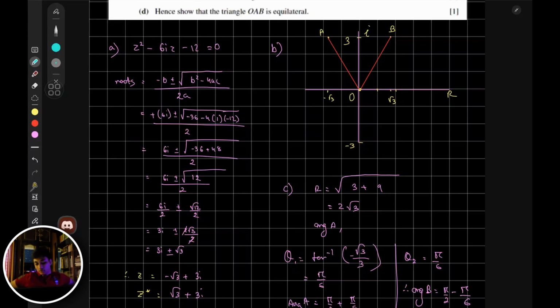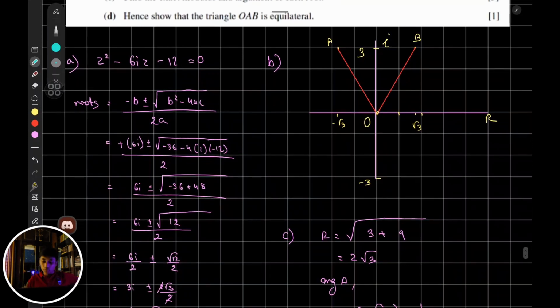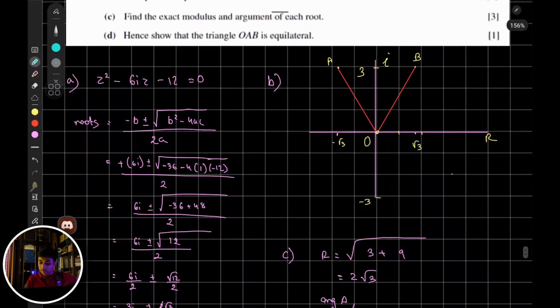First, let's find out the argument for A. So there are a few ways to do this. You can find out this part and then get the argument of B. Then the other way to do this is to find theta of A, this theta, and then add 90 degrees to find the argument of A. So if you do the second approach, you know that if you draw a triangle like this,